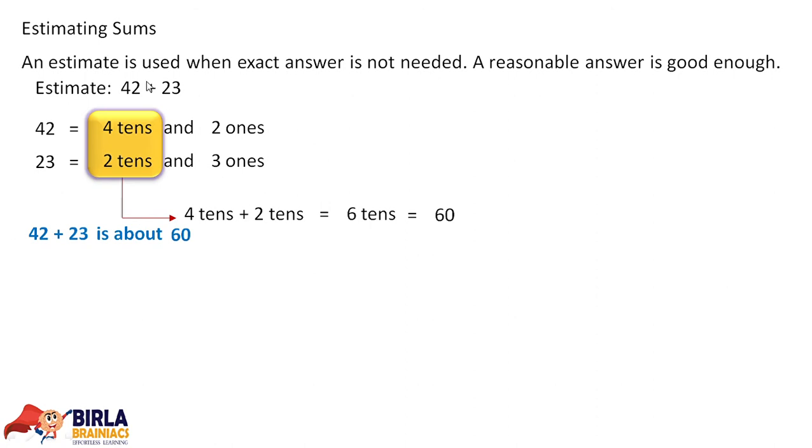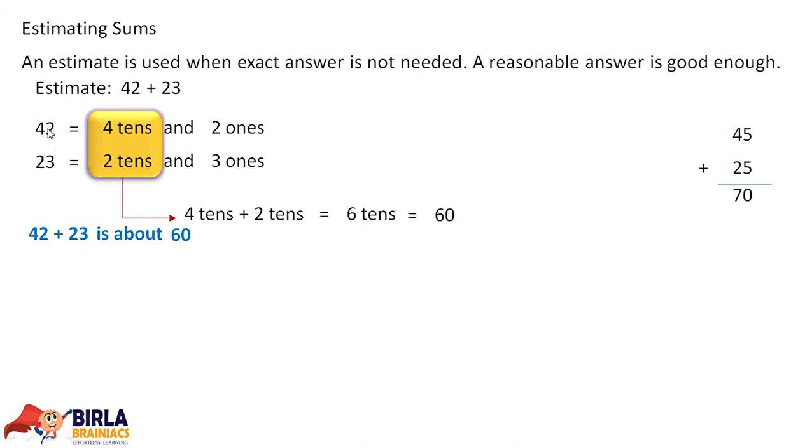Now, as you increase the digit at the ones place, suppose it is 45 and this is 25. If you add 45 and 25, you will get 70. Now the result is going away from 60. Okay, the lower value you got is 60, and it is going away from 60. Now if you see, it is 70. If you make this 46 and 26, it will go further away from 60.